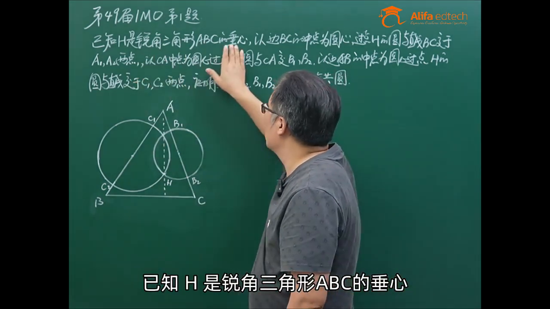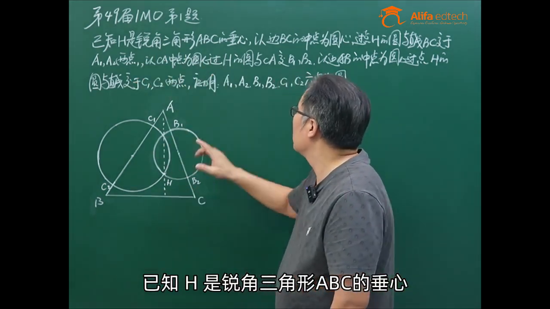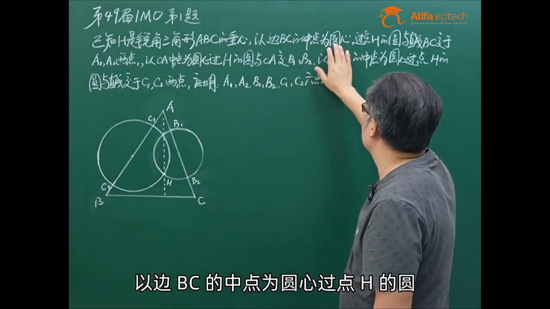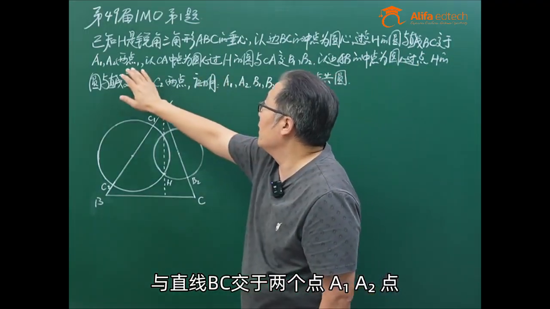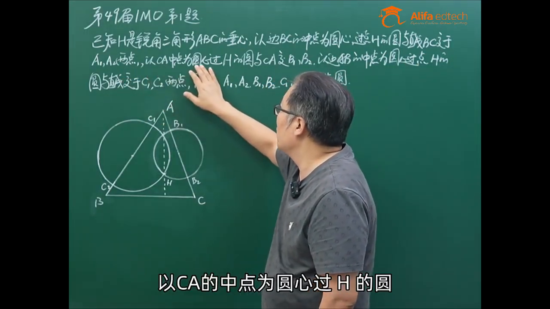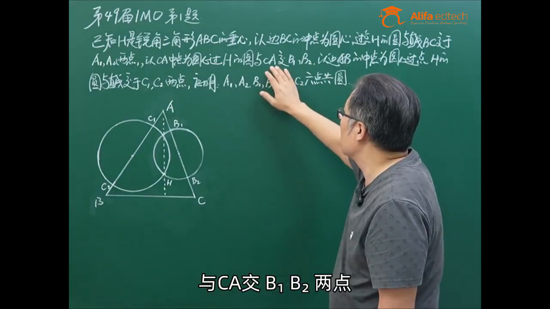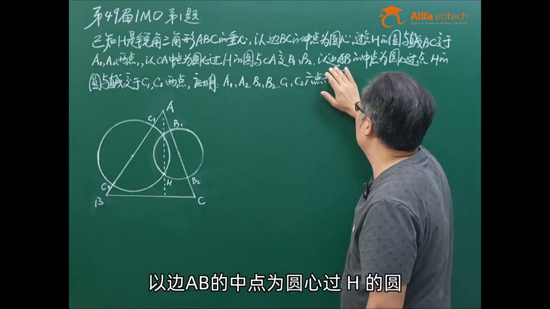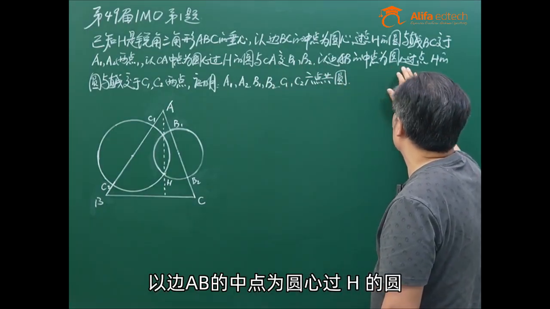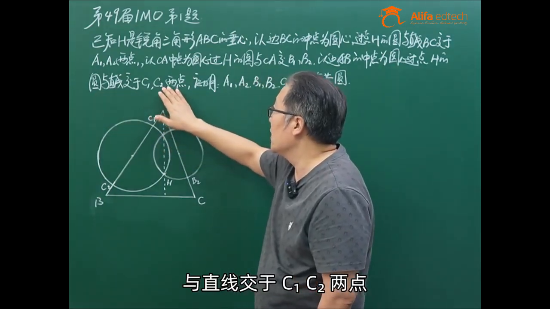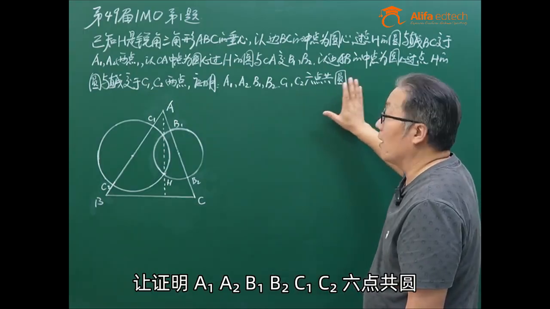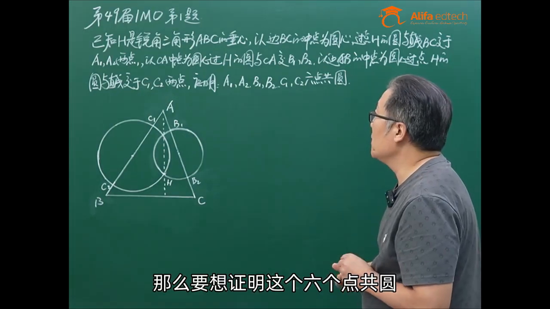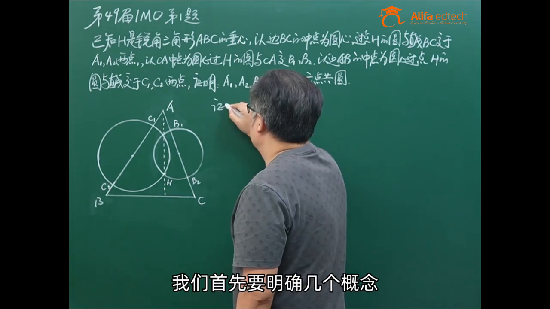H is the orthocenter of triangle ABC. The circle centered at the midpoint of BC passing through H intersects line BC at A1 and A2. The circle centered at the midpoint of CA passing through H intersects line CA at B1 and B2, and the circle centered at the midpoint of AB intersects line AB at C1 and C2. To show that points A1, A2, B1, B2, C1, and C2 lie on a circle, we need to first